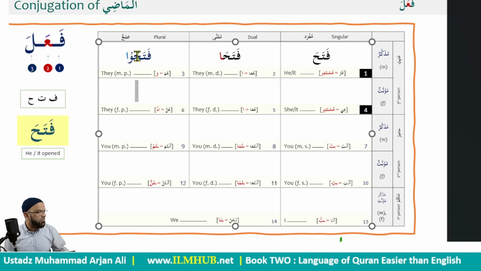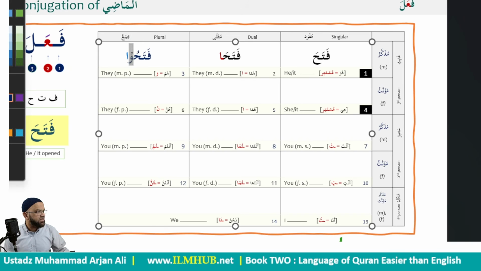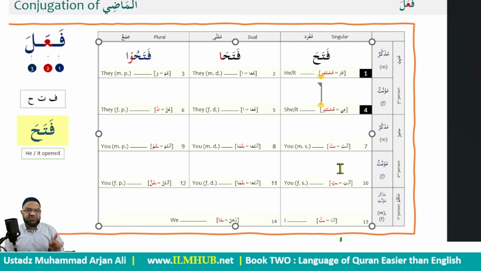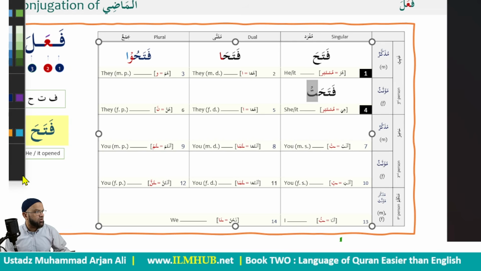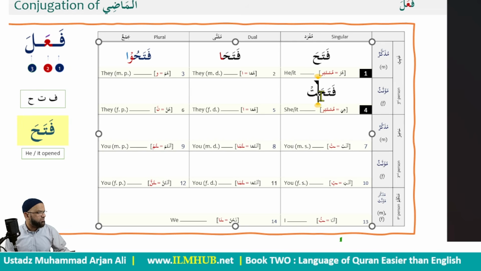So let me color the wow with red so we can easily identify the doer. So we have fataha, he opened. Fataha, huma opened, they opened. Fatahu, hum opened, as in they, masculine plural, opened. Now I want to say here, she opened, which is our number 4. I got my fataha. The "she opened" is exactly the same as fataha, except I added ta at the end, which has a sukoon. Please note this ta has a sukoon. There is no vowel on it. And this time I'm going to color in purple, inshallah ta'ala.